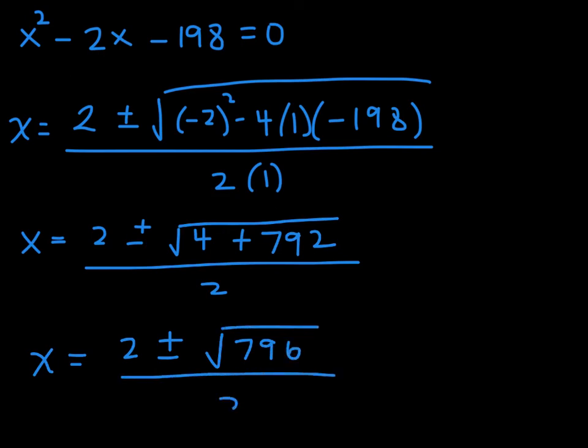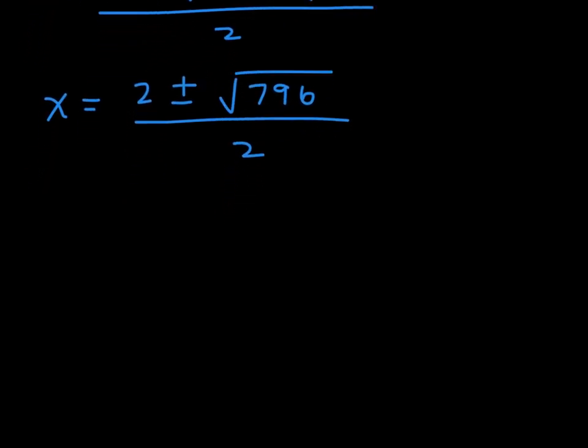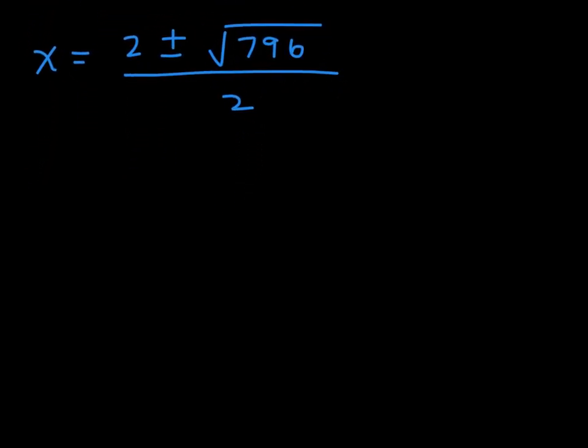over 2. Now, what we need to do is simplify this expression. Okay, so let me move up here. So what we've done in class is we have created a factor tree to simplify a radical like this. So let's see if we can do that. You can start with any two factors you want for 796. You know 2 is going to work, right? Because 796 is even. So you're going to get 2 times, let's see,